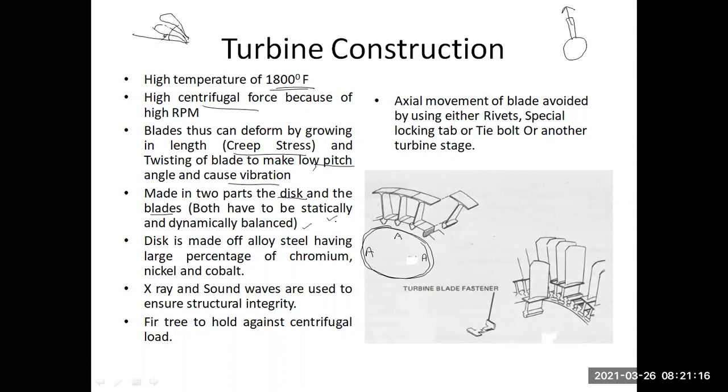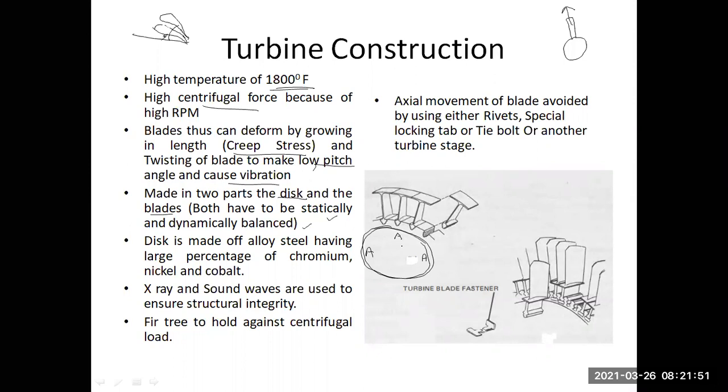Okay, when it is rotating, you must have seen the wheel of the tire, right? When you are sitting in the car and the car which is going in the front, you see that the wheel is going straight, एक ही circular path track कर रहा है. But sometimes you see that the wheel is wobbling, right? Left and right होता है, right? When that motion happens, that is called an unbalanced wheel. Okay, so we want both static balance, that means when you leave it in one position, it will maintain the position, and dynamic balancing, when it is rotating, it should create a circular path only. It should not wobble. Okay, that is dynamic balancing.